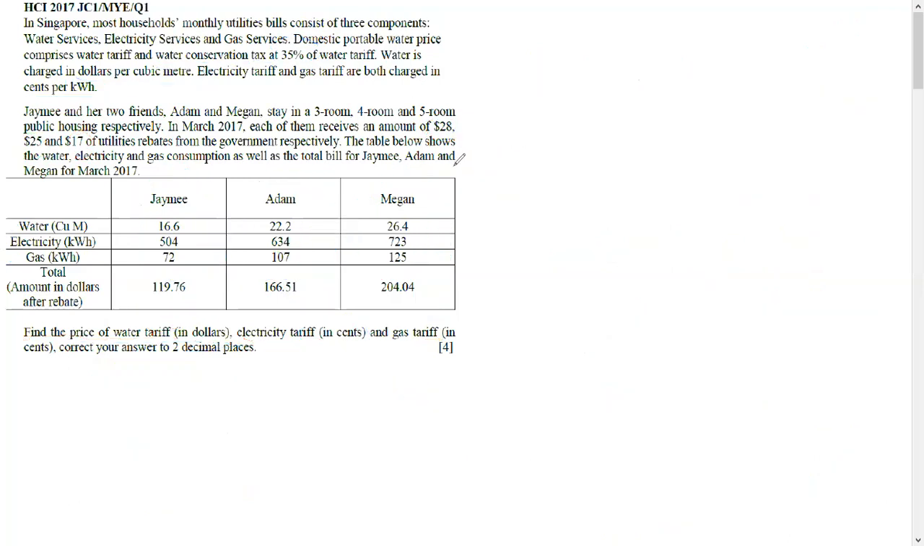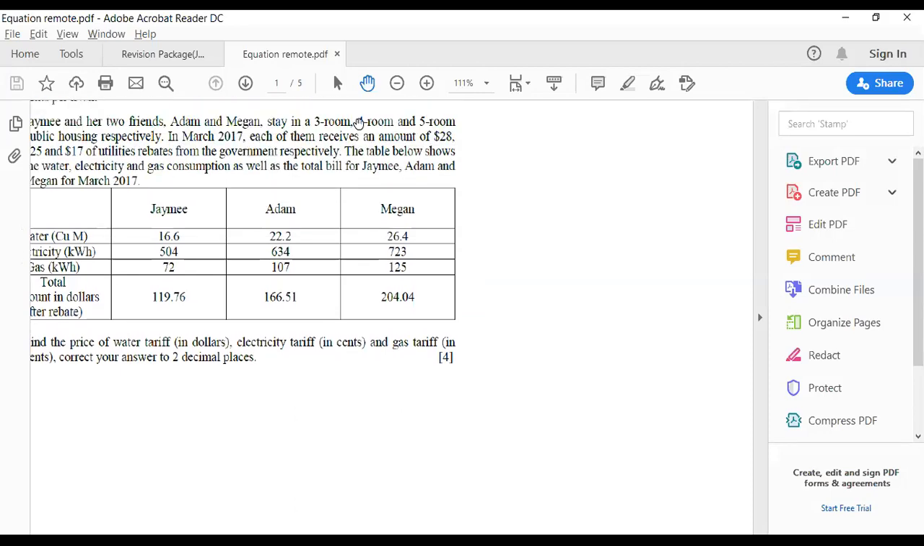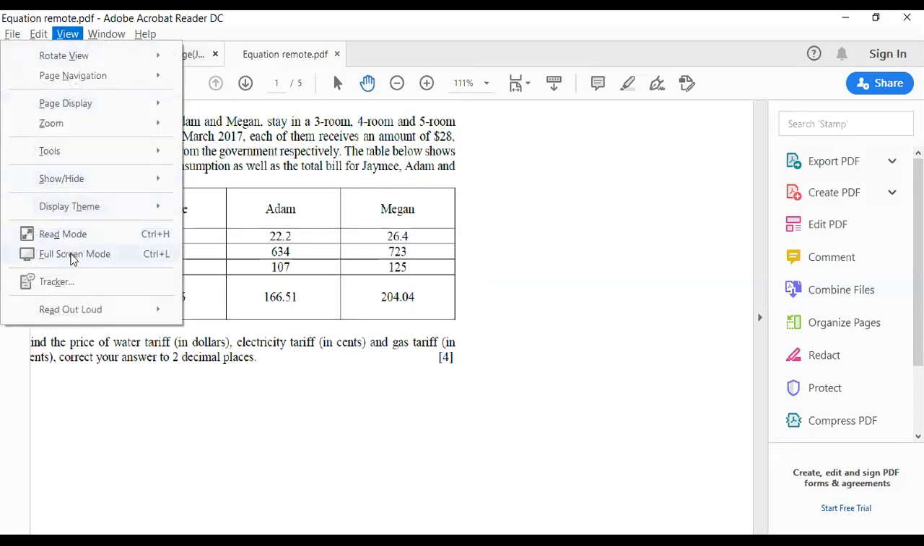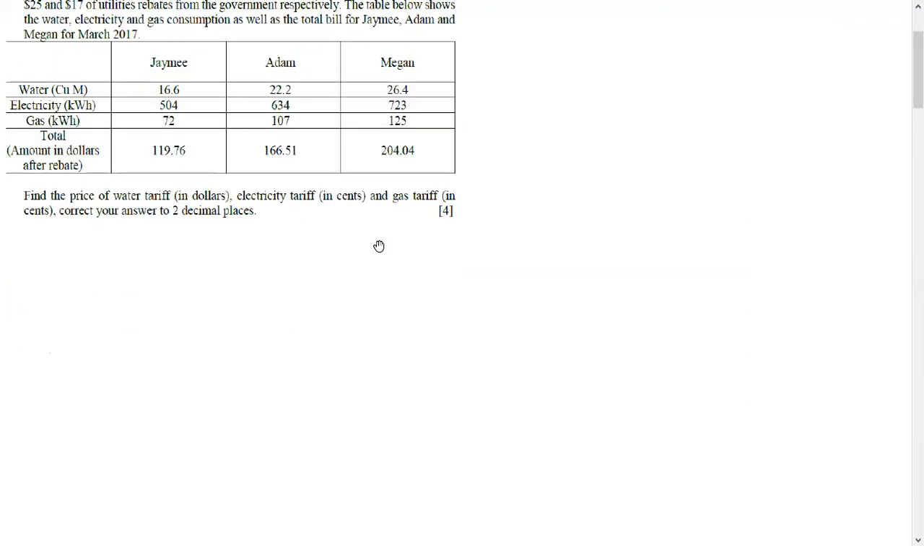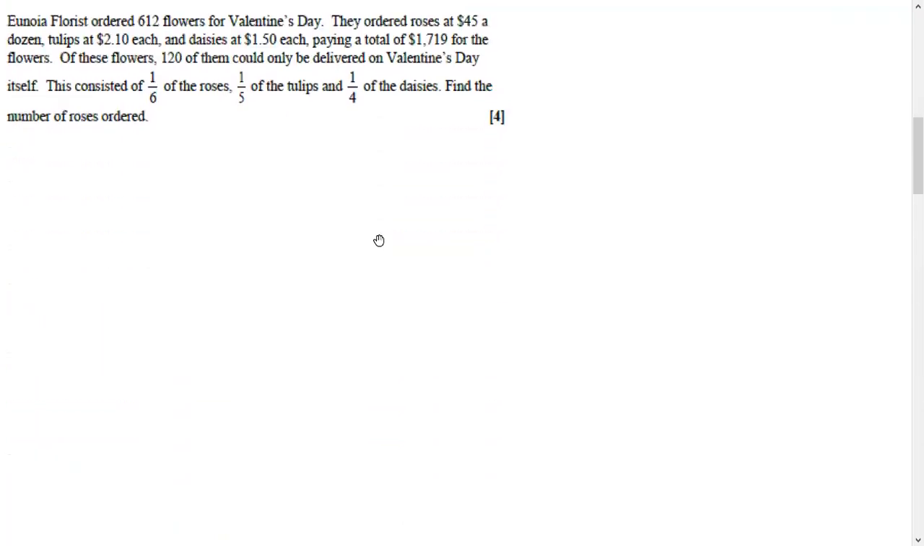Okay, let's move on. Okay, let's move on to the second question. So come, this thing's not moving. Okay, so for the second question we have here, we have this